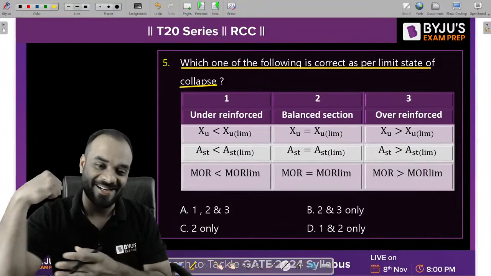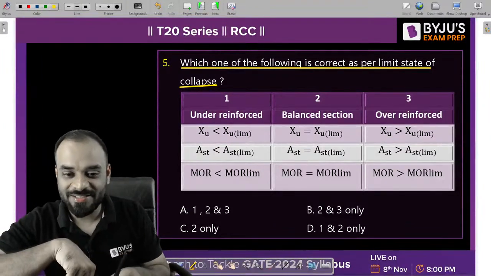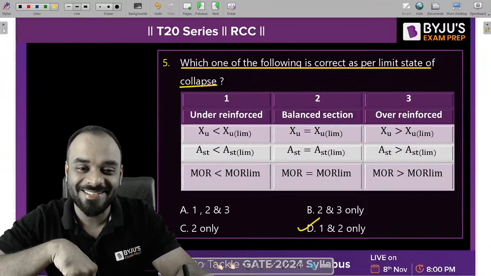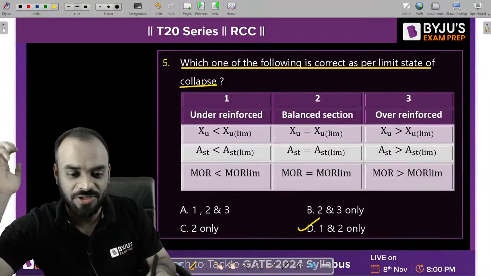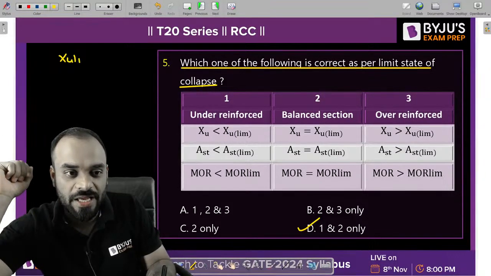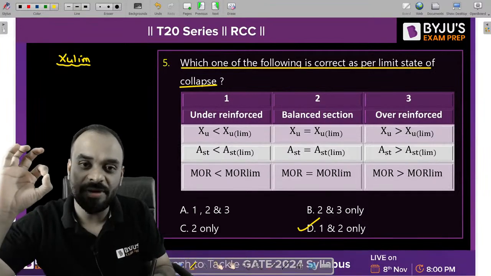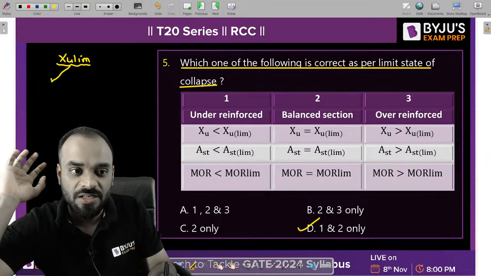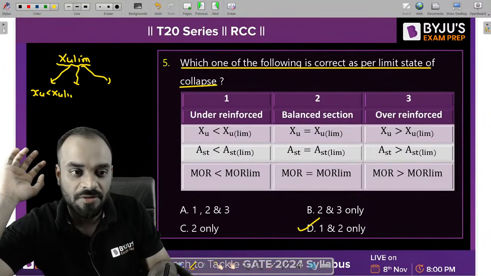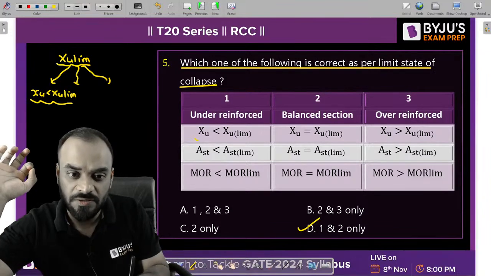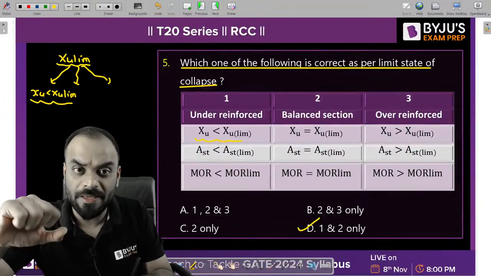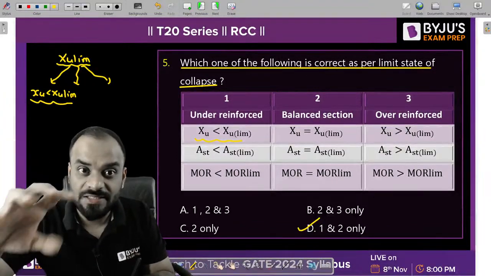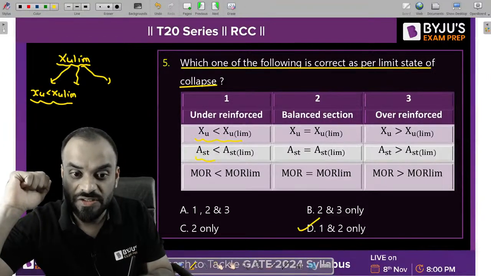Okay, let's understand. Guys, the correct answer is D. But let me explain. You know that, guys, what are under reinforced section? Let me write here over here, like this. Let us suppose this is your axis limiting value, which is known as limiting depth of neutral axis. You know that, guys, there are 3 conditions which we need to understand. One is if XU is less than XU limiting. So such type of case is what? Under reinforced case. Yes, it is correct. As well as the area of AST which you have to provide in case of under reinforced section, that is less than AST limiting value. Correct? So this is also correct.